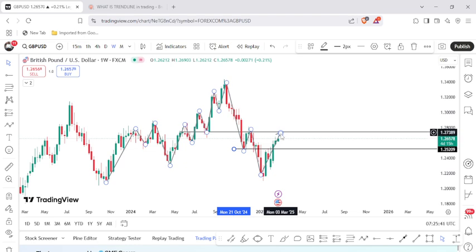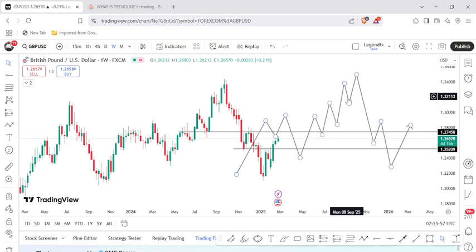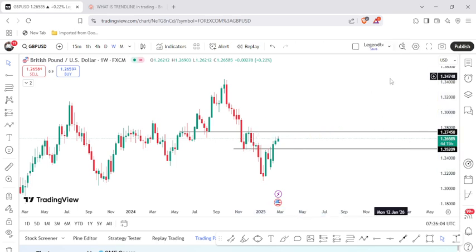If this fails to break above this particular neckline here, we are still technically bearish. And that is why I said we are still bearish. If I remove this, just watch this particular sketch here. You can see that this M pattern was formed and there was a retest of this, and the market kept on going down. So technically we are still in a bearish phase. To me, I don't know about you, but what I'm seeing on my chart, what the weekly is telling me, is that we are still technically bearish.